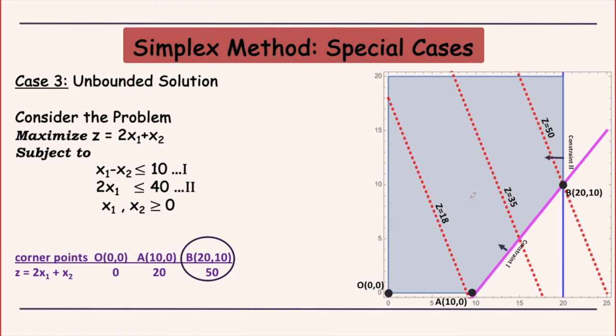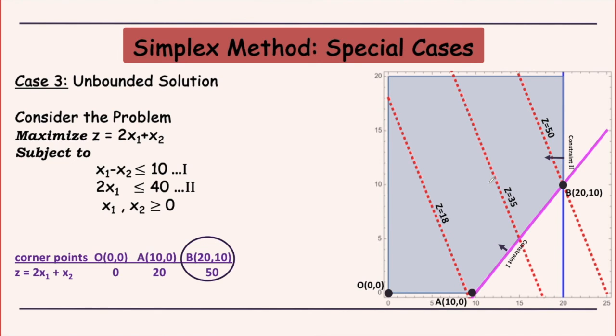And so if I draw these z lines, I can also see that my z can be made as large as I want to, and still I'll have some points from the feasible region which are going to satisfy the constraint set. So for this particular diagram, the corners which you have are only 3 of them. So (0,0), A (10,0), and then B is (20,10). These are the 3 corners which you get, and according to the corners, 50 is the maximum z value which you get, but that is not the optimal, because you can increase z even beyond this 50. So we would say that this problem has an unbounded solution. That is what we can do graphically.